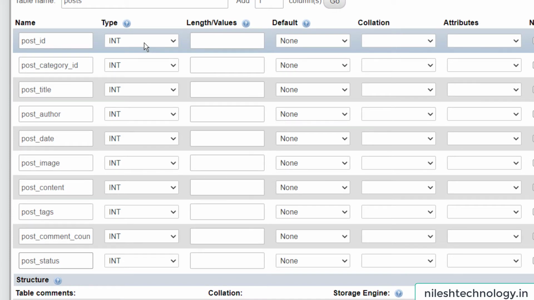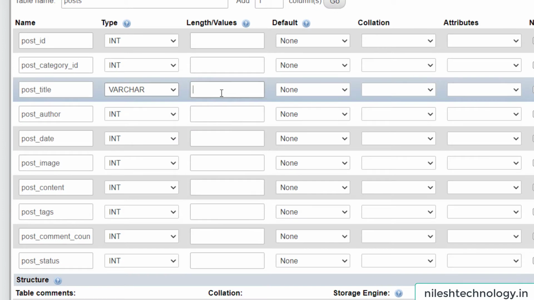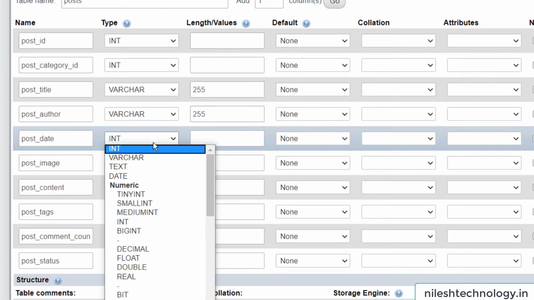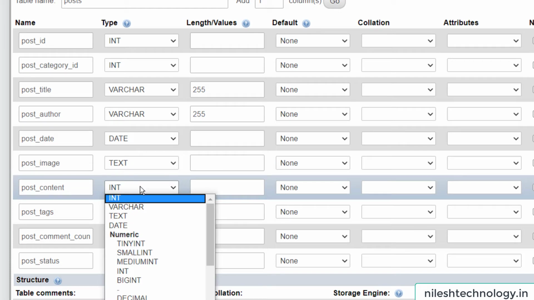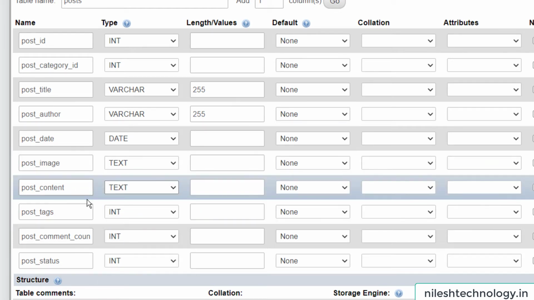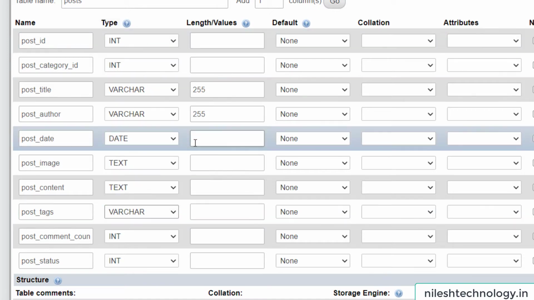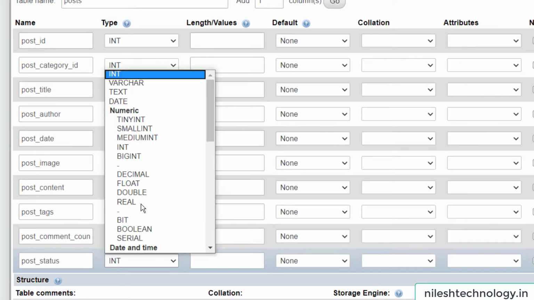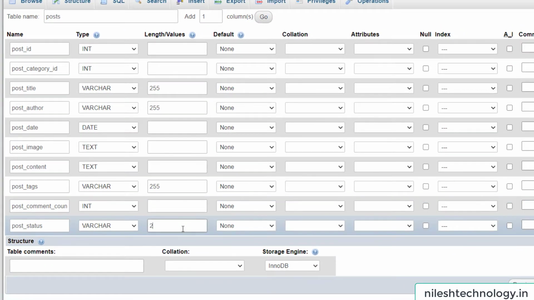Post id is integer, category id is integer, title is varchar 255, author is also varchar 255. Date is in date format, image is text, content is also text because the length will be very long. Then the tag is varchar 255, count is integer, status is also varchar 255.